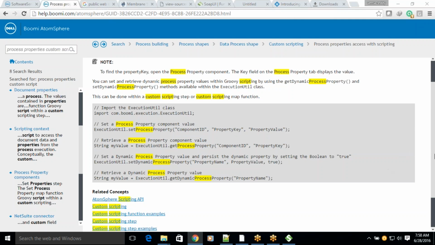Sorry, actually, this is the one we need to set. If you wanted to store your process property data even after your process execution completed, then you can just enable true. By default, when you define a property, it will be stored while your process is executing, and after your process execution has been completed, your variable data will be cleared out. So there are some instances where you need to store this property. One example is some predefined processes now given by Boomi for replicating data from SuccessFactors to